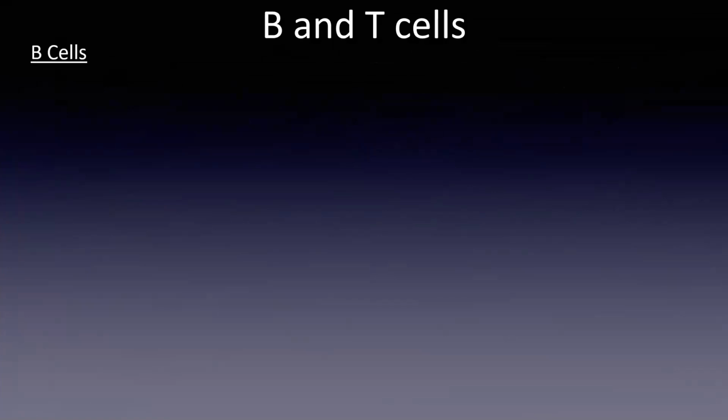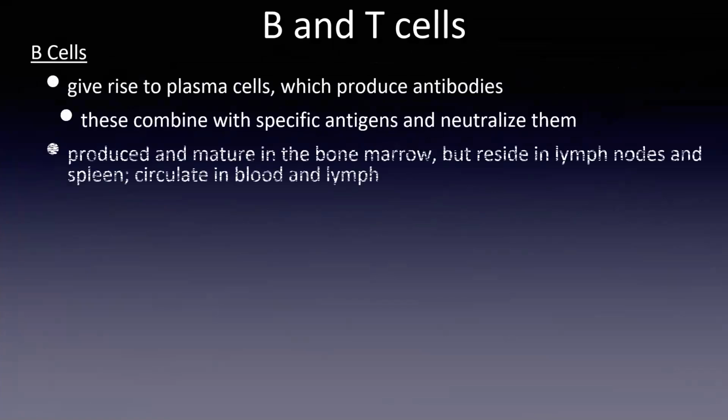will give rise to plasma cells, which eventually are the things that produce antibodies. Now, when we say give rise, that's a university science, medicine or biomedical field term. It just means leading up to or produces. So B cells give rise to plasma cells, and those produce antibodies. Remember, antibodies are those letter Y shaped things that we talked about last class. Antibodies are the things that keep us healthy. They're the things that attack pathogens. So these combine with specific antigens and neutralize them. Neutralize is kind of a fancy term for it kills them.